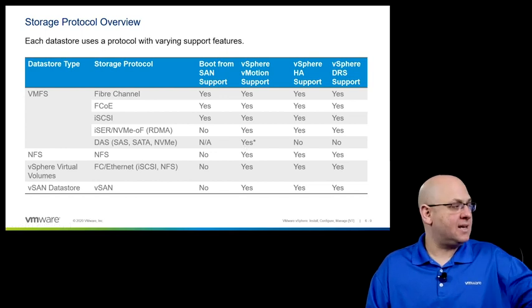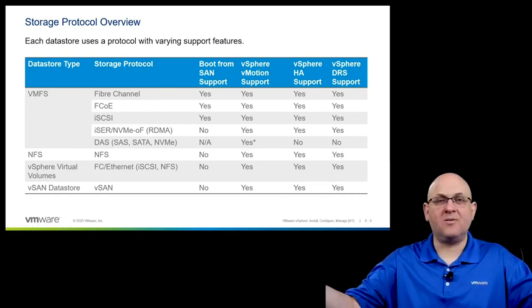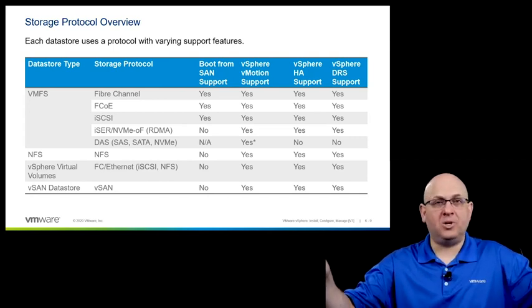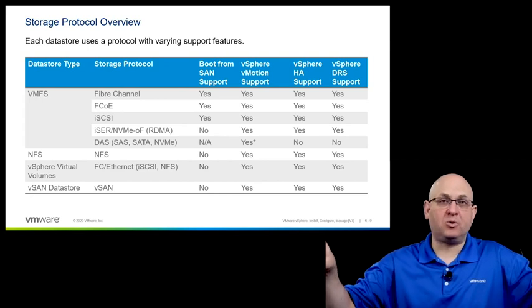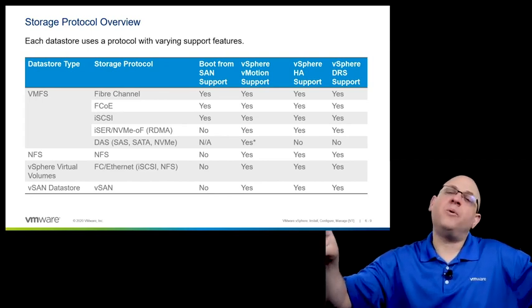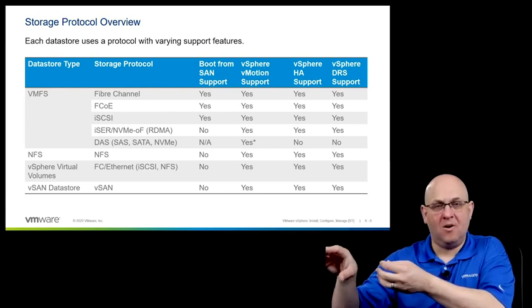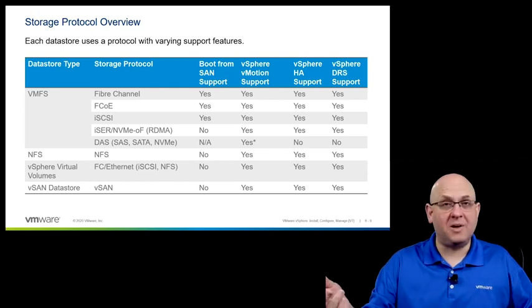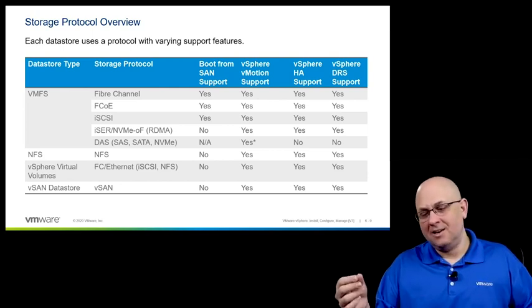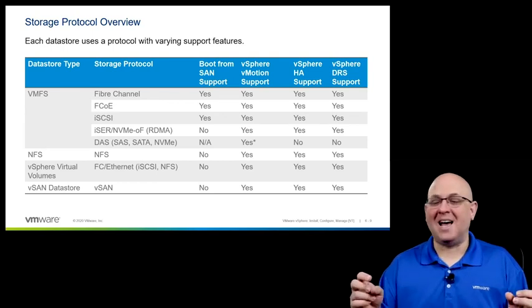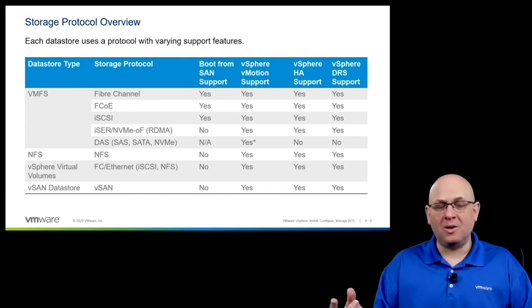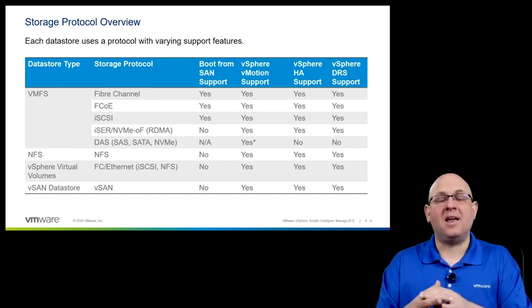If we have an ESXi host on one hand and an ESXi host over here, and they both have direct attached storage, if you want to do vMotion, what we have to do is not only move the virtual machine from one location to another, but we also have to move the virtual machine files over. So that takes vMotion and combines it with something called storage vMotion. And in that case, we sort of pseudo support direct attached storage for vMotion, but there's more involved there and certainly more work that we have to do to move the virtual machine files. It's certainly a little bit less efficient than having